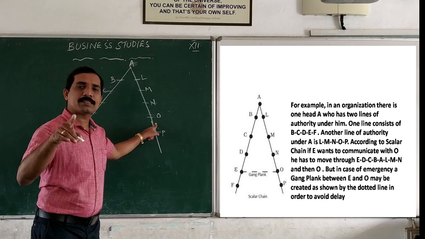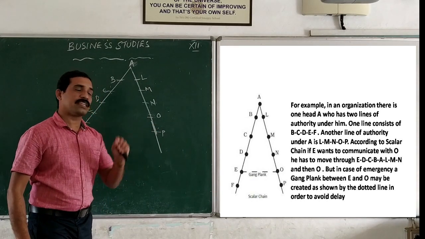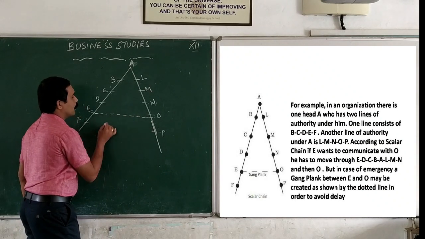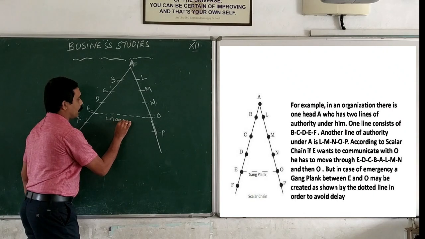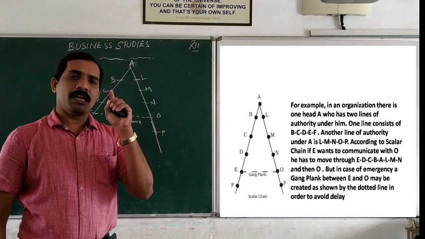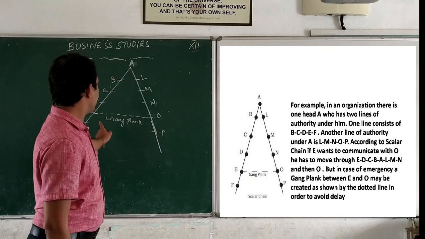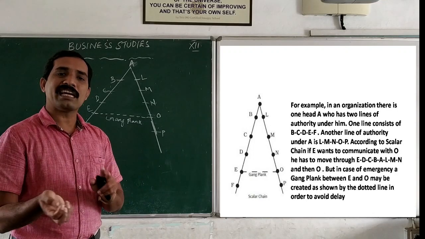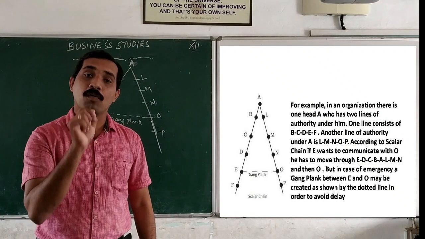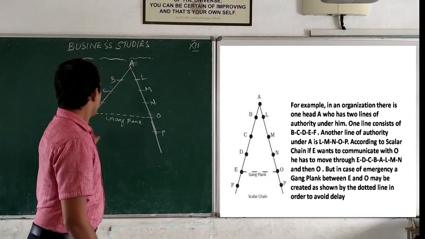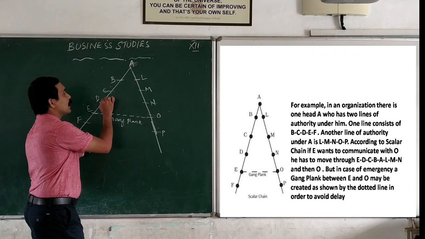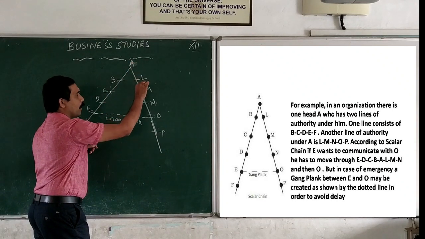But in case of emergency, a gang plank between E and O, that is called a gang plank. See, listen. In case of emergency, a gang plank between E and O may be created, as shown by the dotted lines. Dotted lines for what? In order to avoid delay. Otherwise, E wants to communicate with O, E moves the information to D, then C, then B, then A, L, then O, then N,